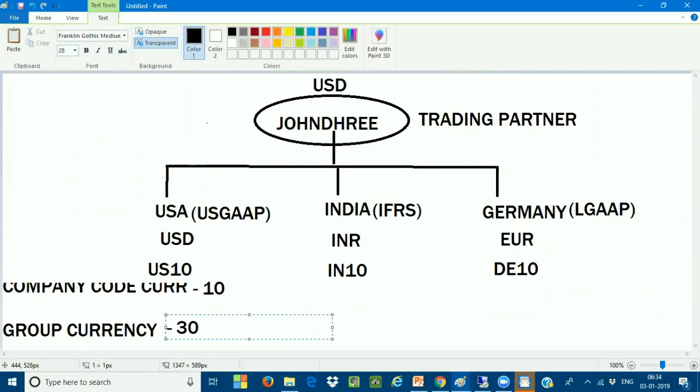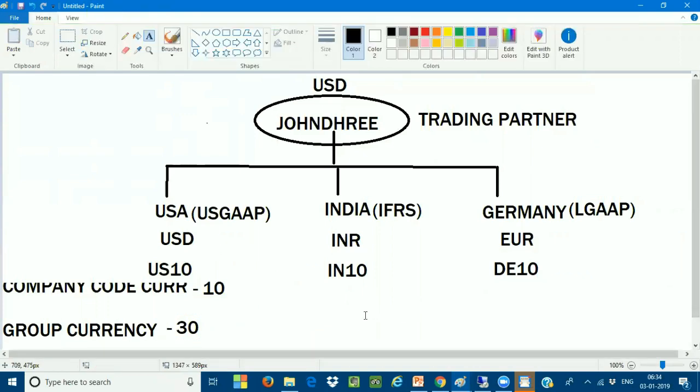Very, very important. So we have 2 currency types right now in this example, but we have multiple currency types. In the coming sessions, we are going to discuss all those things. So one is called the company code currency, and the second one is called the group currency. So these are the 2 currency types. Now what is going to happen? This is exactly my org structure. So I have 3 company codes, and for each and every company code, I am using a different currency.